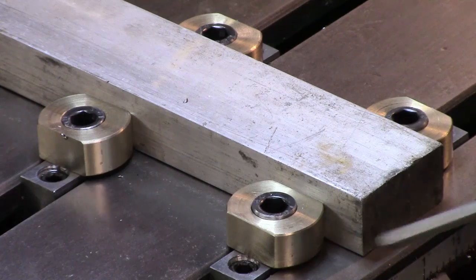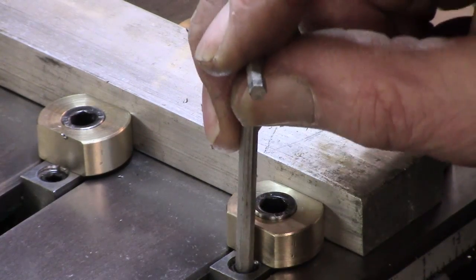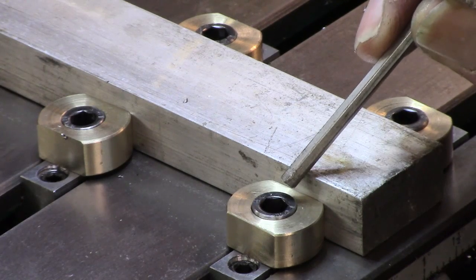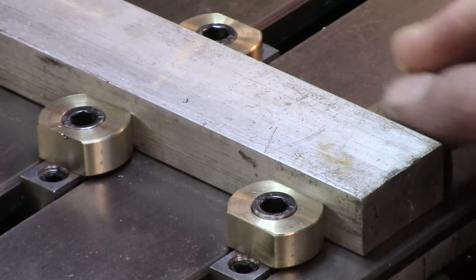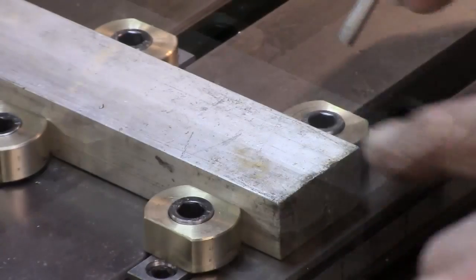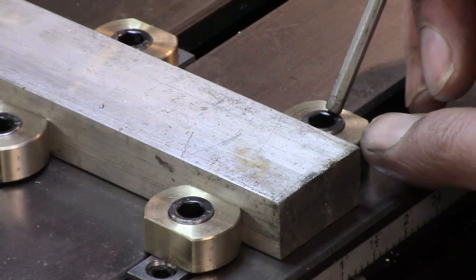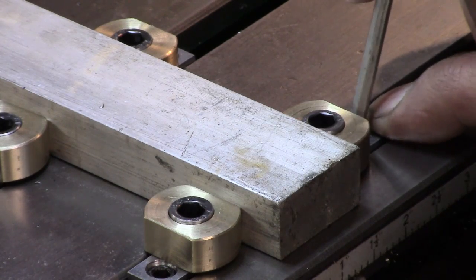So what I did was, with the holding set screw undone and the cap screw with the thinnest side facing the work, and clamped that up, and then brought the other one up. In fact, we can rotate just a smidgen there, I think. So, and bring the second one up, the opposite side. Same procedure. Thin side of the cap screw towards the work. Push the T-nut up, lock it up,